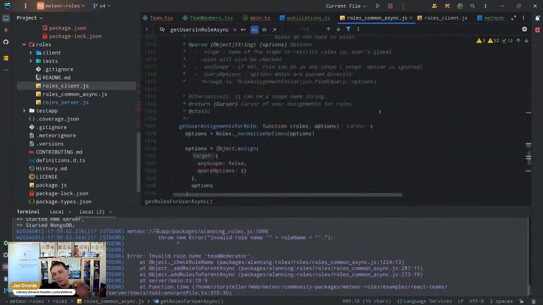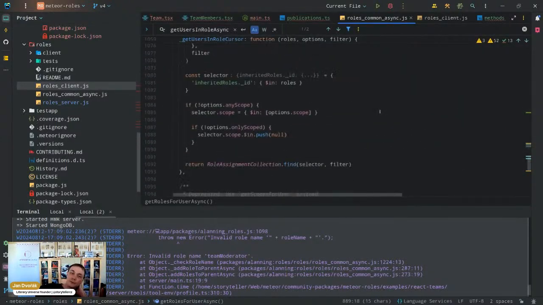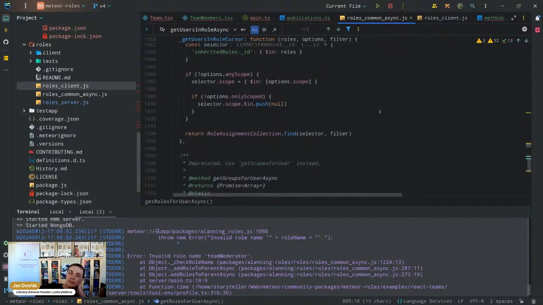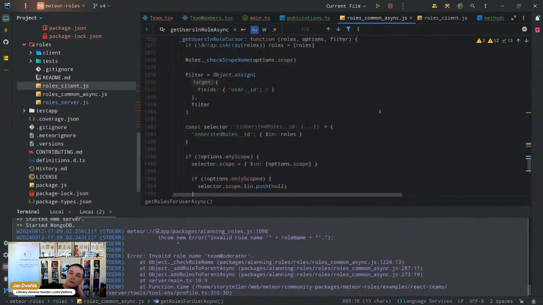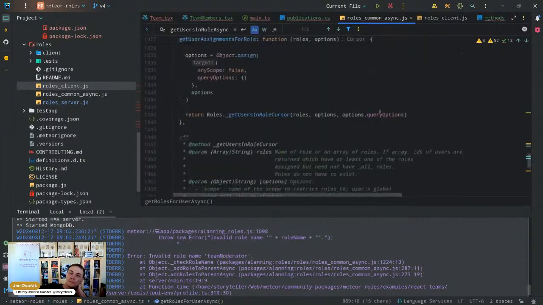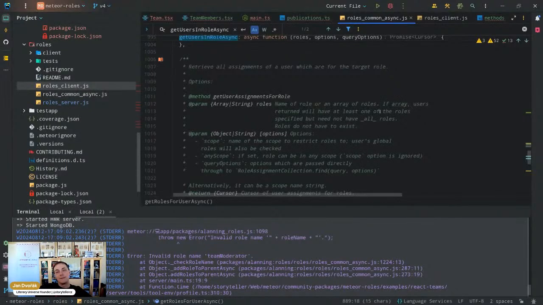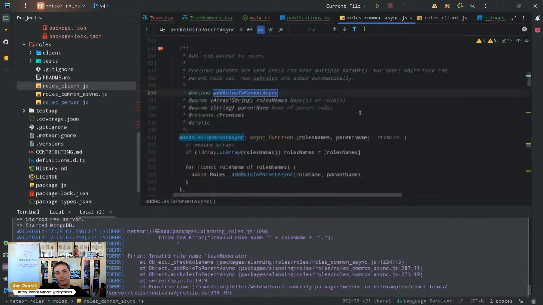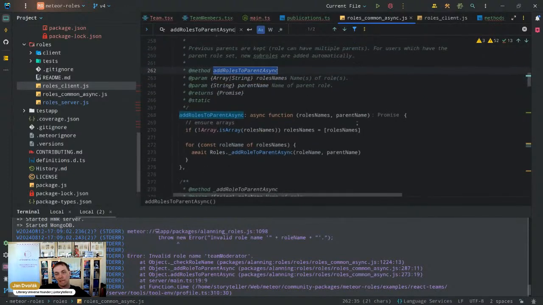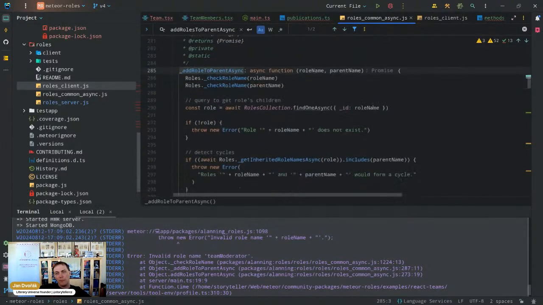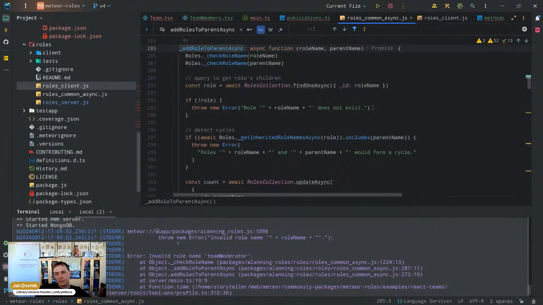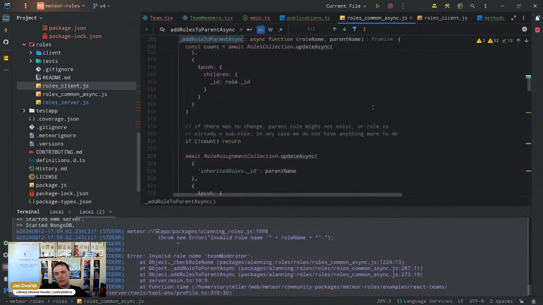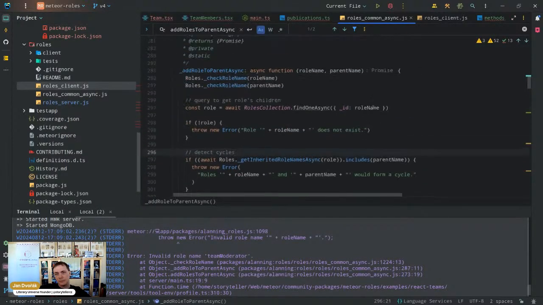What's the issue there? Exactly what check am I failing? I'm using the roles parent. Yeah, we need to actually